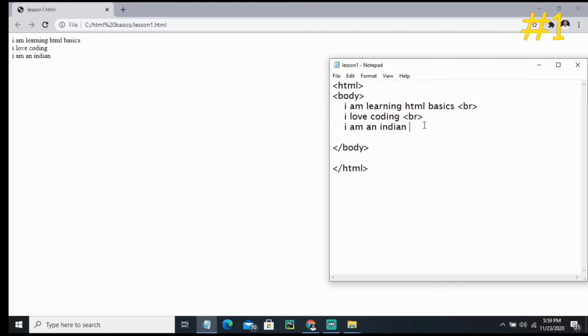Okay, so let's learn some more tags. Now we are going to learn some basic tags. Those basic tags include the bold tag. B means bold tag.